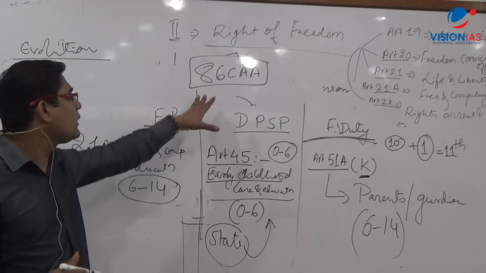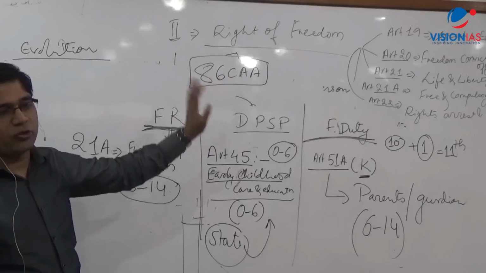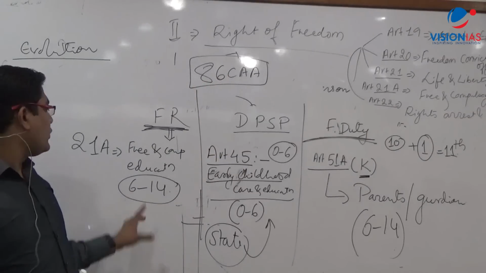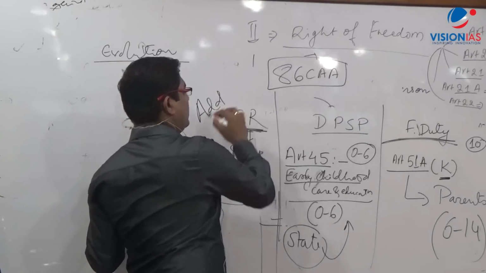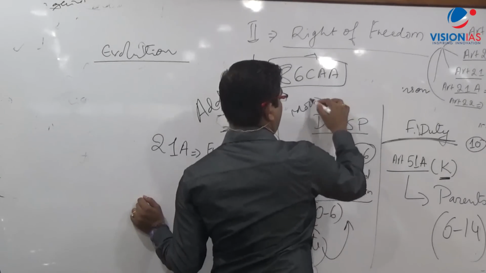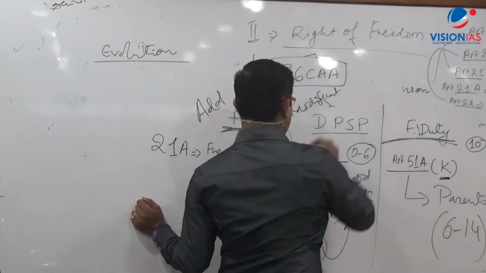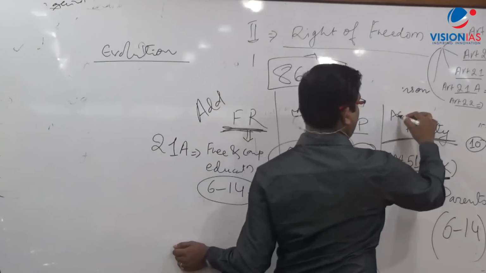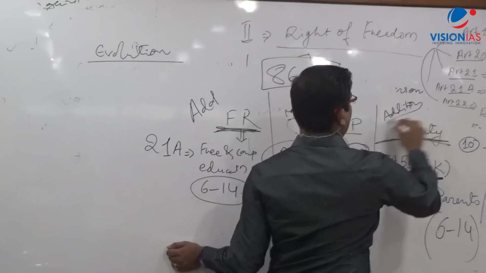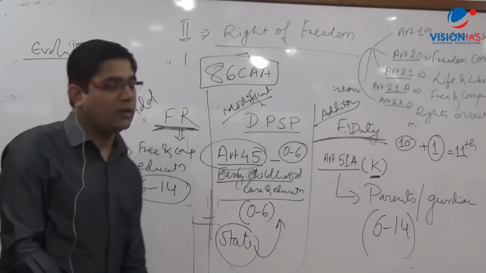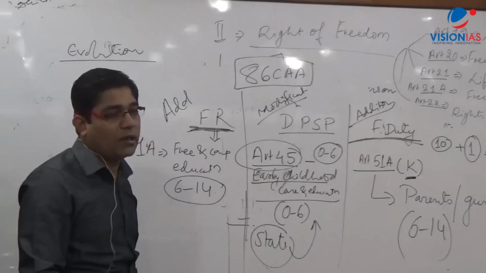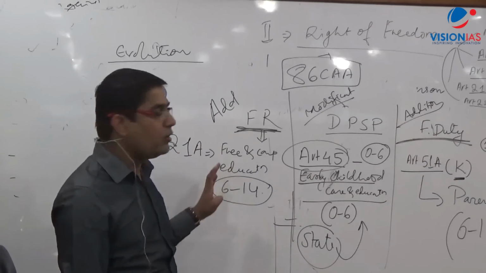So this is about, ये कई बार question पूछा जाता है, the 86th constitutional amendment has changed. So they have added, this is a completely new addition, and this is a modification, okay, that is 45 तो already था, and this is again an addition. This is an addition, this is a modification, because the number has not been changed, the text of the article has been changed. Understood this? Now